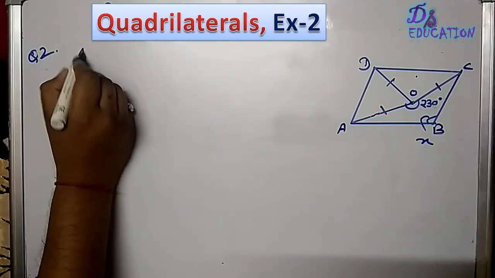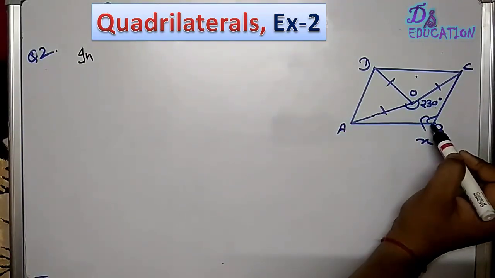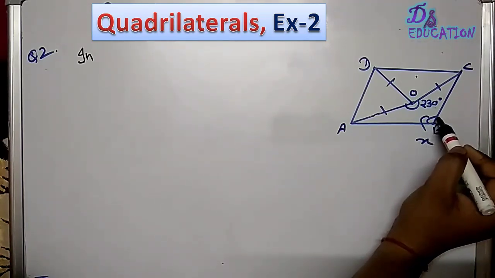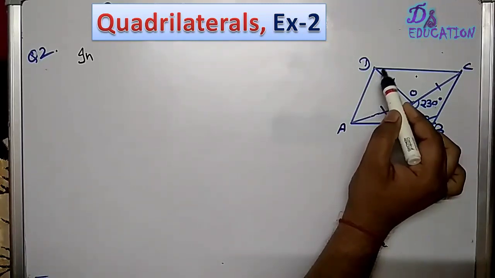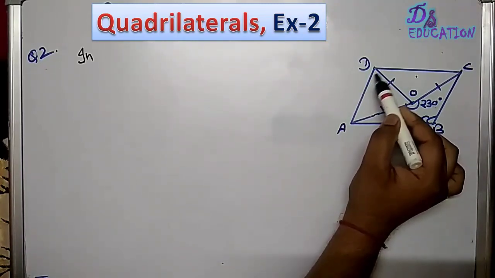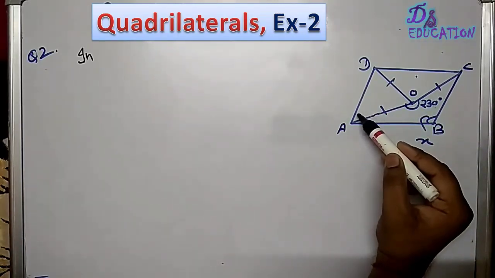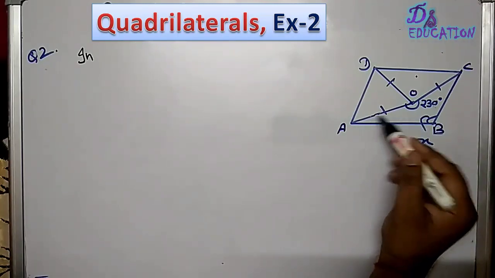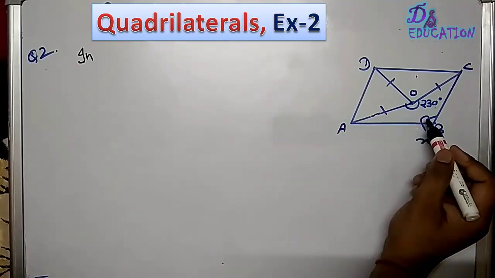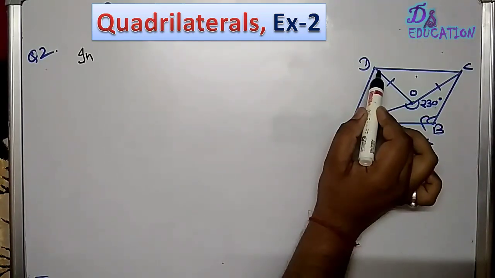If we have to calculate this x, the question comes: if we are knowing this angle completely, I will write the opposite angle property. If I am able to solve this one, angle DAB, these two will be added and equal to 180, that is the adjacent angle property. So I will move to the opposite angle property.